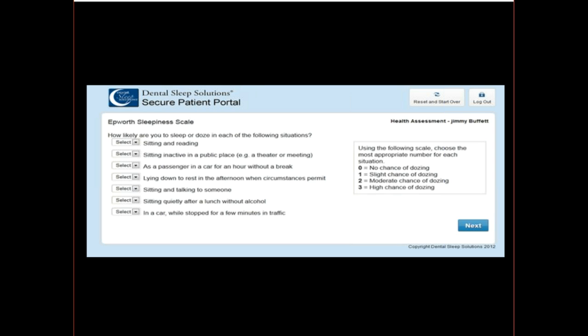So if the patient's doing this on a tablet, do you actually hand the tablet to them right and let them do it? Just like the paper form, hey, we're gathering some additional health information. Do you mind filling this out while we're getting the room ready to have your teeth cleaned? And they just tap the answers to this. Again, nothing that Dr. Drake or myself invented, the Epworth Sleepiness Scale. We just basically digitized it here with our DS3 software.